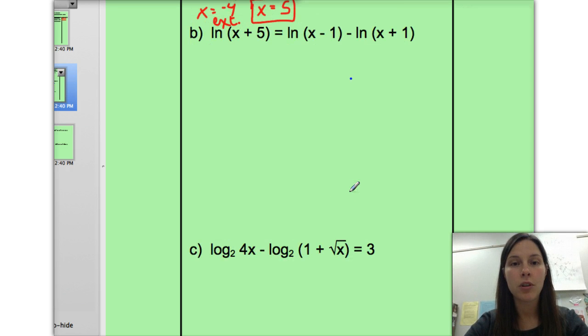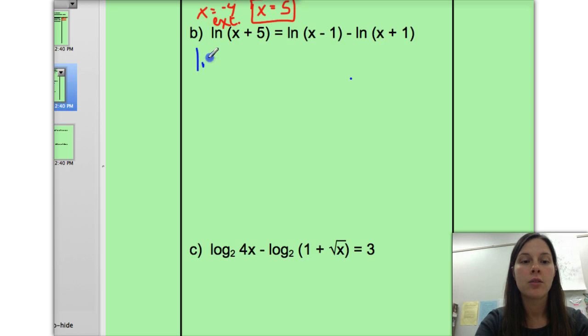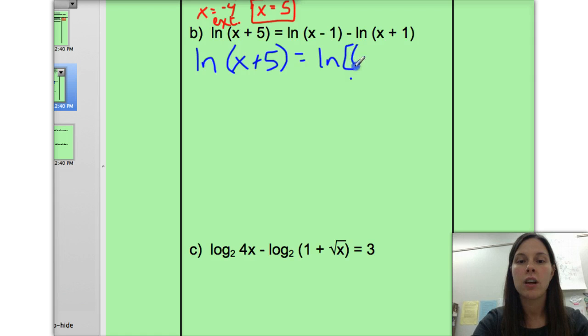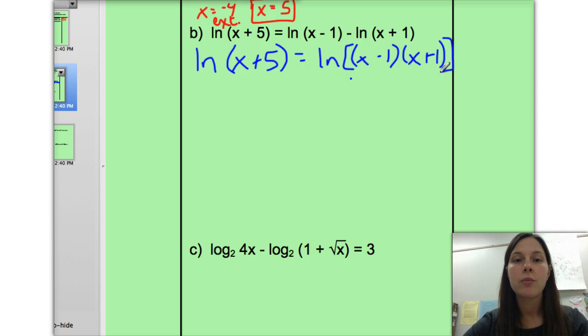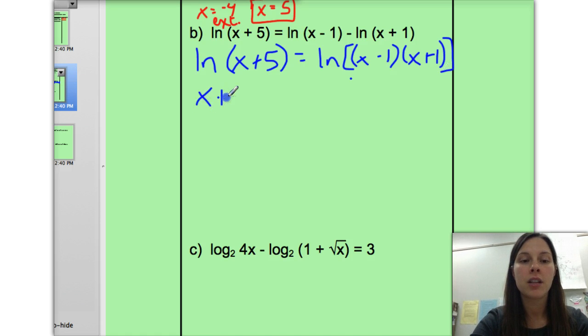When we condense subtraction of logs, we make it a division problem. So the left-hand side stays as is, and the right-hand side we condense to a single log. So we have natural log of x minus 1 times x plus 1. The next step is to recognize that when you have a log equals a log, as long as they're the same base on both sides, you can cancel the logs. So we end up with x plus 5